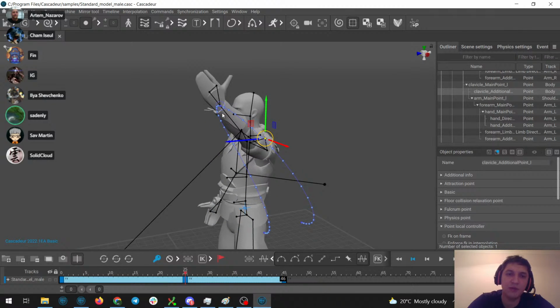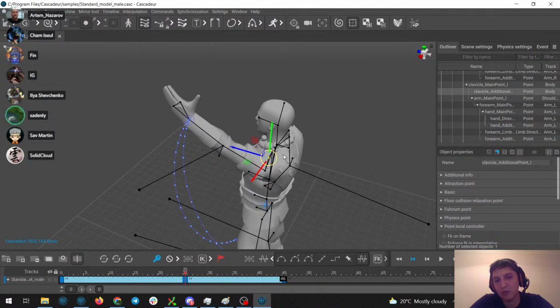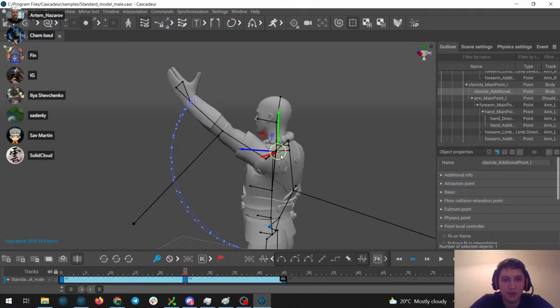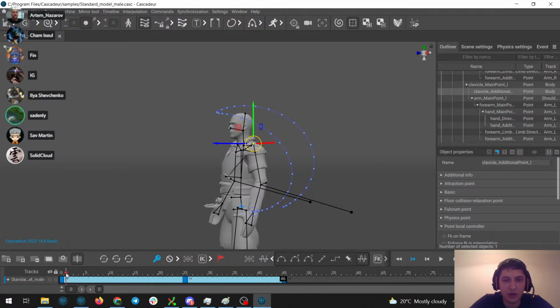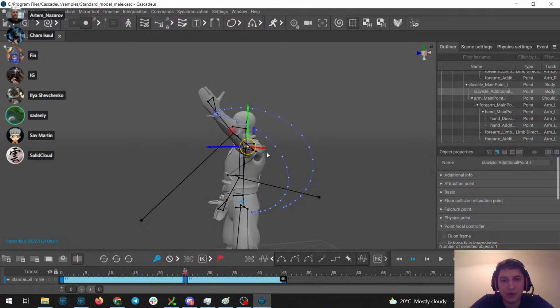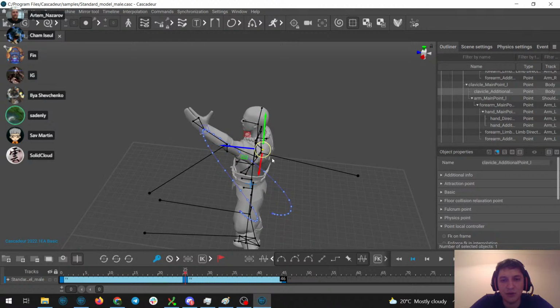So if I set some positions for the hand and I turned on interpolation, and now I go and try to change something in the body of the character, then you can see that changing anything here affects this rotation a lot, because it inherits the interpolation itself.